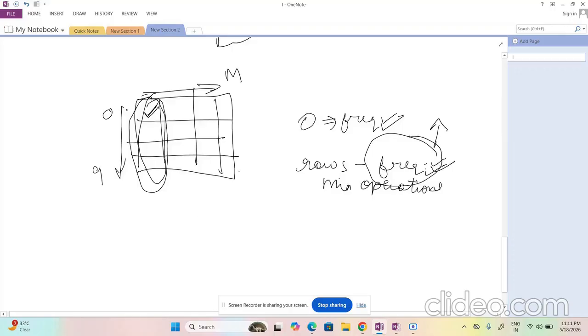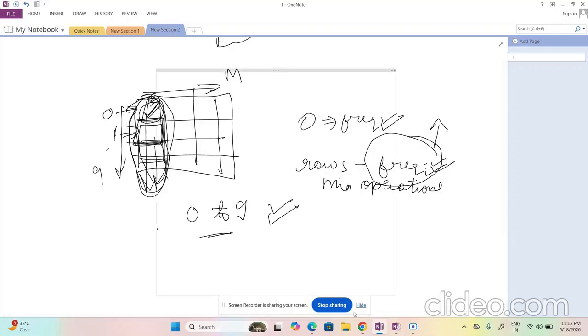So we will make a counter of all the elements. What could be the elements? The elements could be from 0 to 9. So we could make a counter array where we could store all the elements. For example, 0 stores the frequency of 0 in this complete column. 1 here stores the frequency of 1, which represents the frequency of all the ones in this entire column. Like this we can keep. Okay, so this is what we were doing in this.